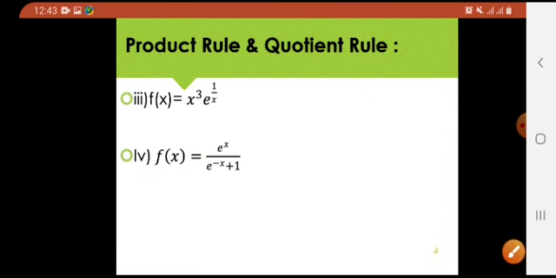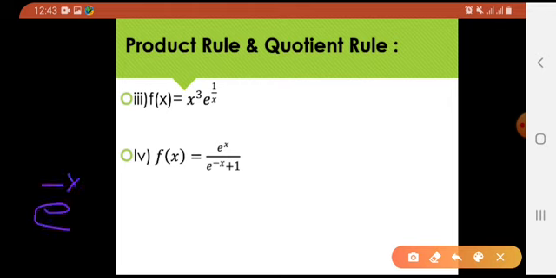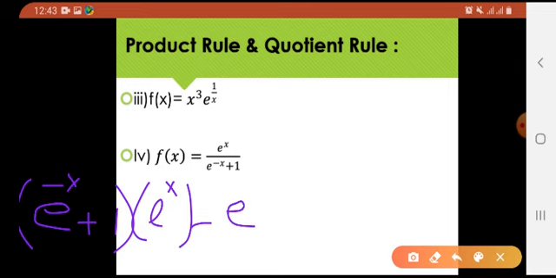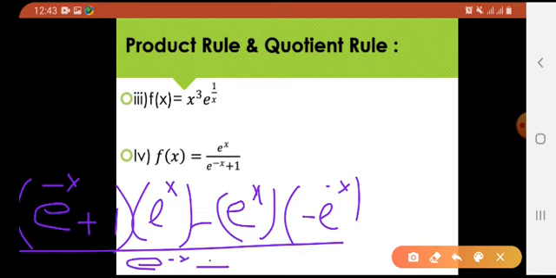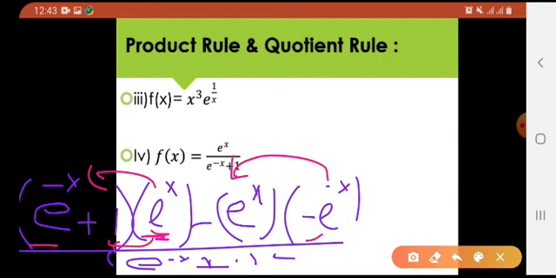Okay, now let us do this again, because I wanted to clarify something. I got this thing, if you remember, as the derivative: minus e raised to the power x as it is into minus e raised to the power minus x divided by e raised to the power minus x plus 1 whole square. Okay, now this was my derivative in the previous step. I'm going to multiply the brackets. So this e raised to the power x would be multiplied first with e raised to the power minus x, then this e raised to the power x would be multiplied with this 1. Similarly, these two would be multiplied.